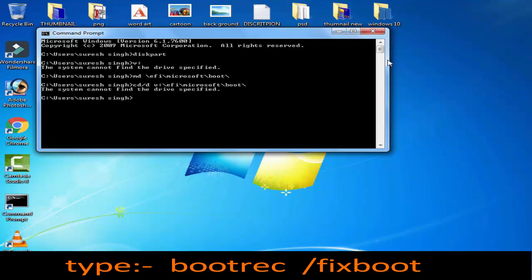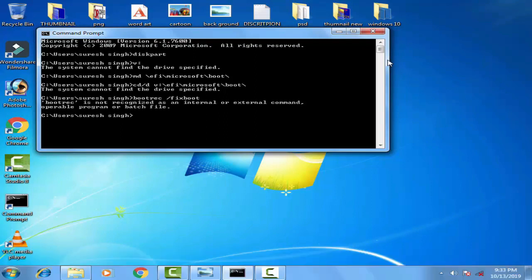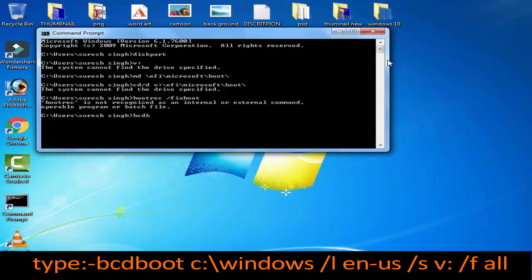Now you have to type BootRec /fixboot, then you have to press enter. Then you have to type bcdboot c:\Windows